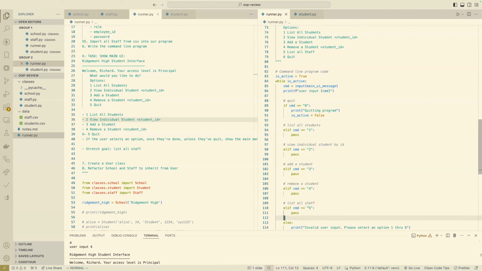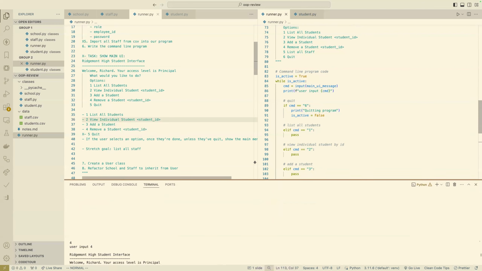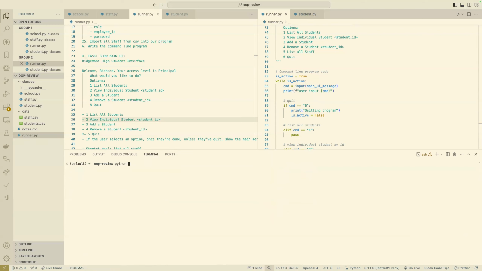Six we have up top. And then we have the error case: handle invalid input. And actually, we should test out the error case because I did not test that out. I manually ran the code for options 1 through 5, but let's put in something